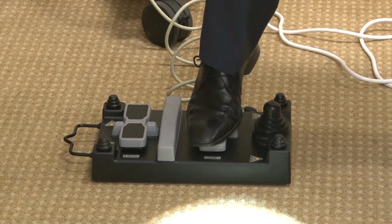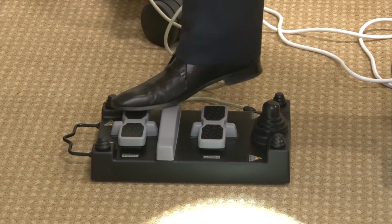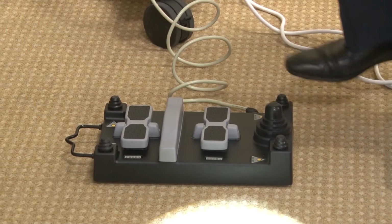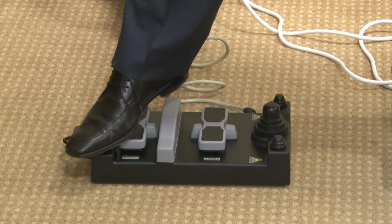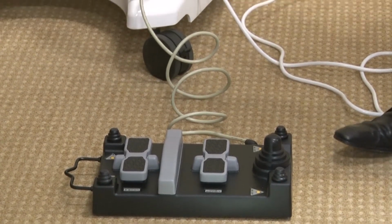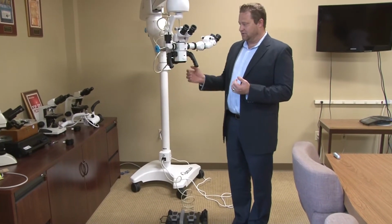You can also control the functions that you could up on the binocular head. You got your focus. So we have a 40 millimeter fine focus travel, and you got your zoom. So you can control the zoom directly from the foot pedal as well. You can turn on and off, and you can decrease the illumination or increase it, all directly from our 14-foot function foot pedal. So you can absolutely be able to maneuver the microscope in many different ways, from the foot pedal to the